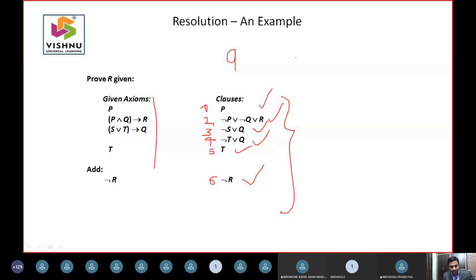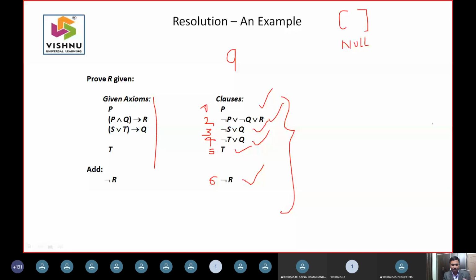So how do you get this negation of R? I said if you combine all the statements, you need to get an empty set. We call that the null set. Once you get this null value, the meaning is that your negation of R is wrong. So whatever inference you make, R is right. Now whenever you wish to combine the statements, you need to combine them in such a way that you have